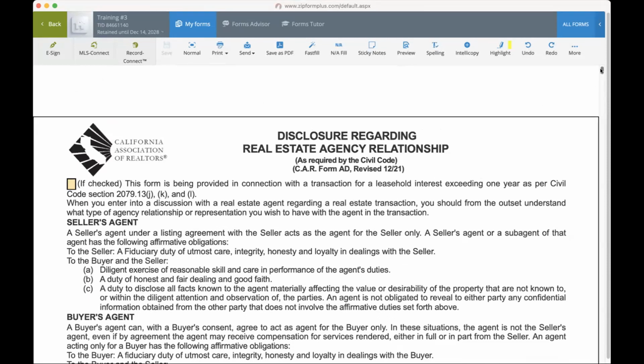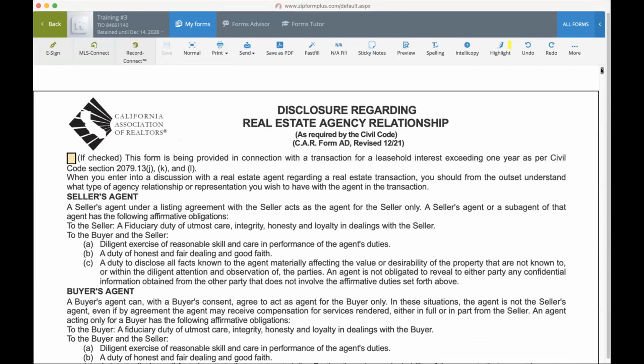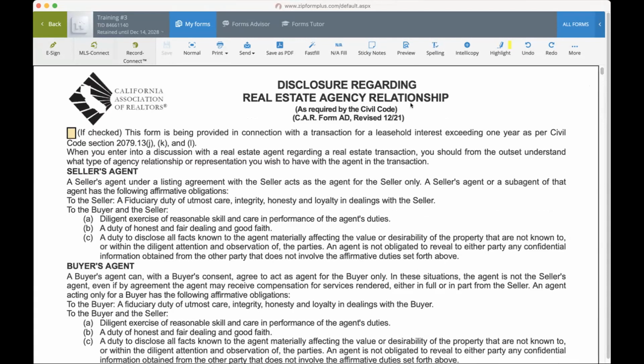And as you know, this form, the disclosure regarding real estate agency, pops up first when you're either writing an RPA or you're writing a listing or you're writing a buyer broker agreement. This is always the first form to pop up. And as you can see here, this is required by the Civil Code. This is state law. It's not just something we like to use. It's required.